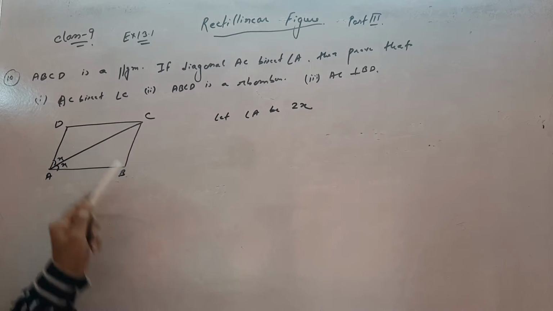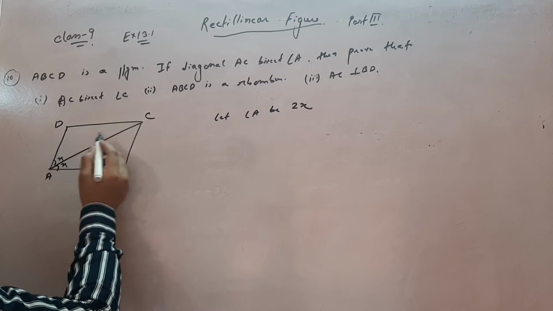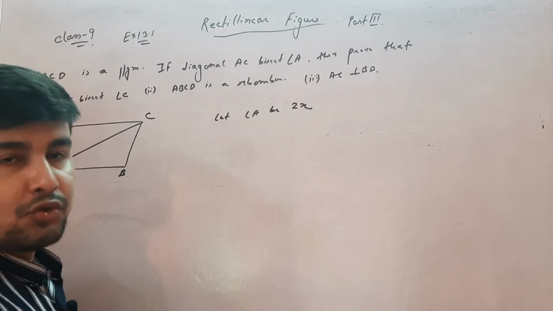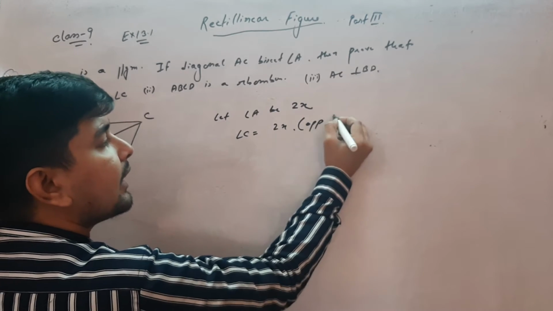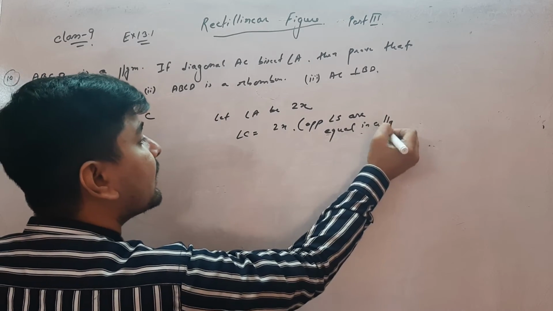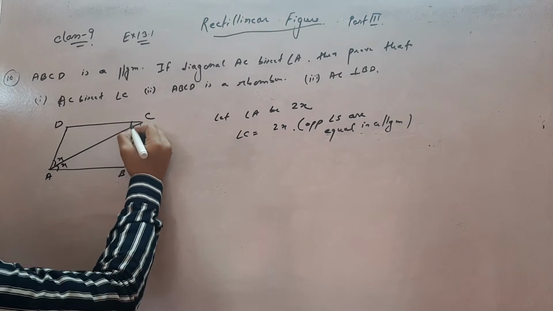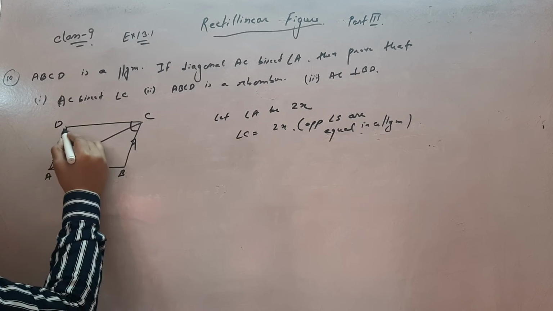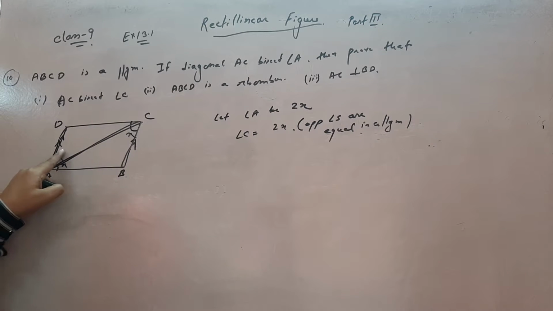You prove that this diagonal also bisects the angle C. Clearly we know that very well, opposite angles are equal. That means when we take A as 2x, angle C also equals 2x. So opposite angles are equal in a parallelogram. Clear? So this angle is also 2x, but we see this is a parallelogram, so as alternate interior angles, this angle is also x, this one is x, so this one is also x.